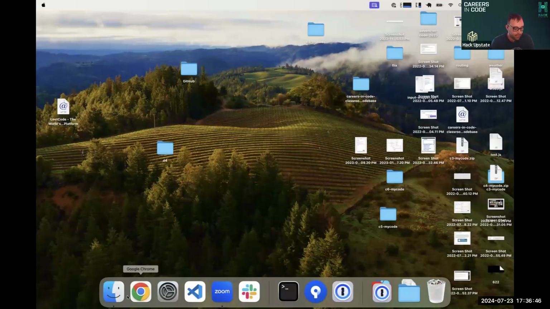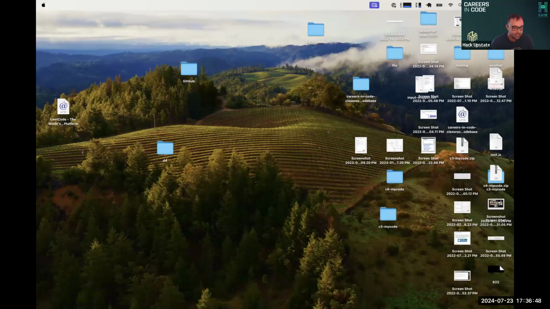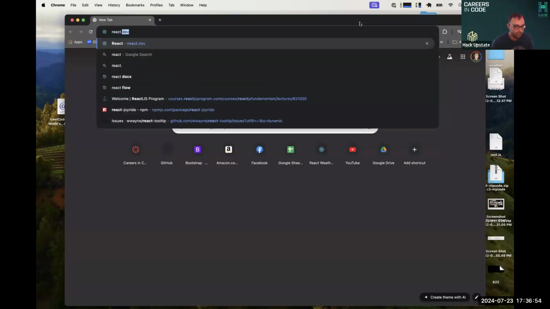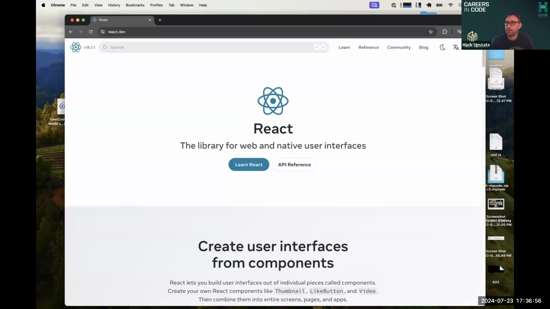And you know what? It is worth mentioning. I know I mentioned at the beginning of React that the React documentation website had been updated a little bit, but I think it's worth just spending a moment to pull that up. So the newer documentation is react.dev. And it is helpful to look at external resources outside of just Careers in Code, right? So if we go to the learn section,